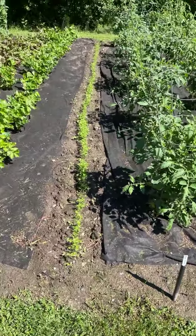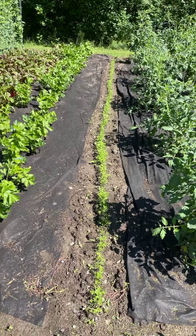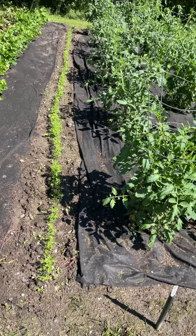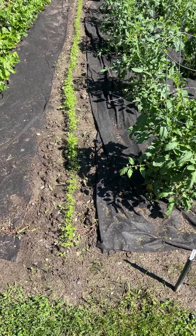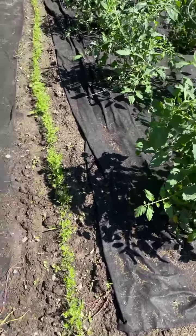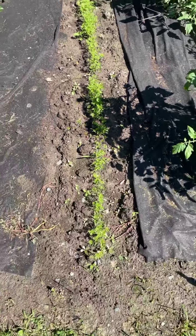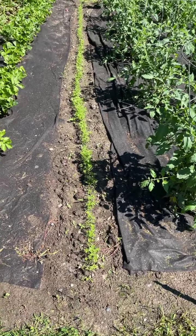And here's a row of carrots. Like I said in the beginning, our carrot bed wasn't doing well and I was nervous that I wouldn't have enough. I pressure can carrots and they can last a couple years. And we also do some frozen carrots because those are good to go into soups and things that you're gonna cook. So they're doing really, really well. And there are 2 different varieties of carrots in the main bed and then a different variety in the...